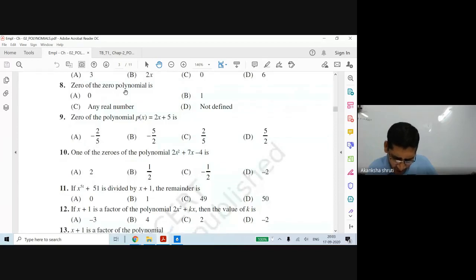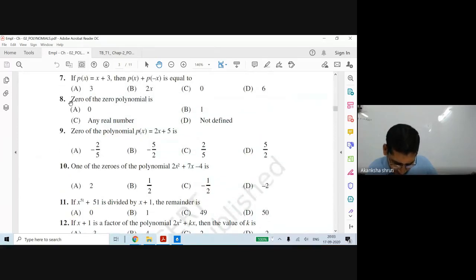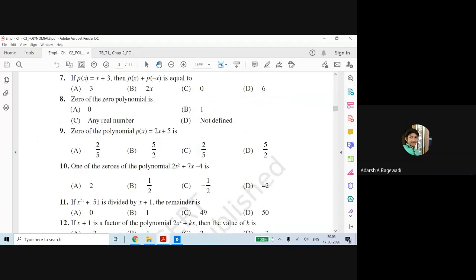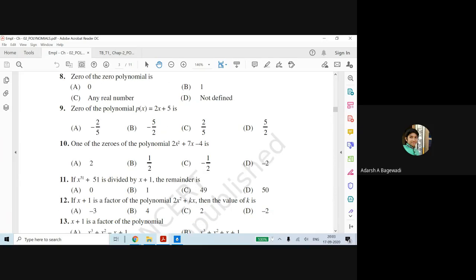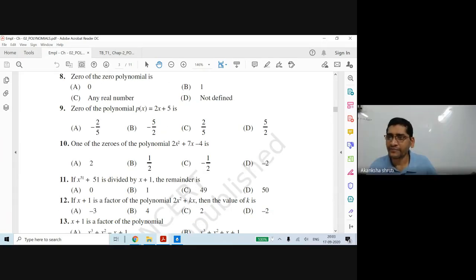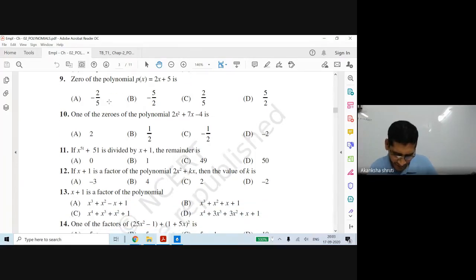Students, the 0 of a polynomial. See, students, what is the 0 of a 0 polynomial? It is always 0. Okay? Means it is not defined basically. So it is this one, D. Power is not defined, but x can have any value. What is the 0 polynomial? 0 means it is 0 into x. X can have any value, need not be 0. So it can have any value. So you please do it. Next day we will discuss. The 0 of a polynomial you have to calculate.